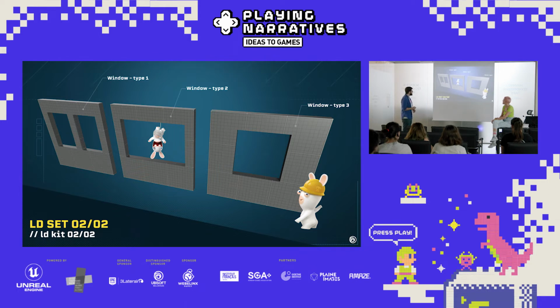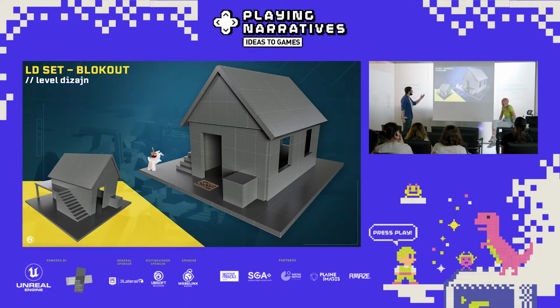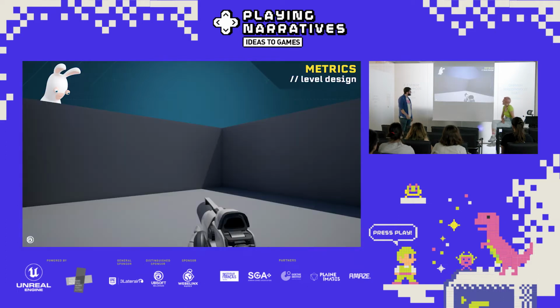And once we have all our blocks and we start playing around, we can make a little house like this. Once we're happy with its functionality and what we want it to do, and if it's accomplishing everything, we can hand it off to artists to make it pretty, like I said, to give it textures and bring life to it.